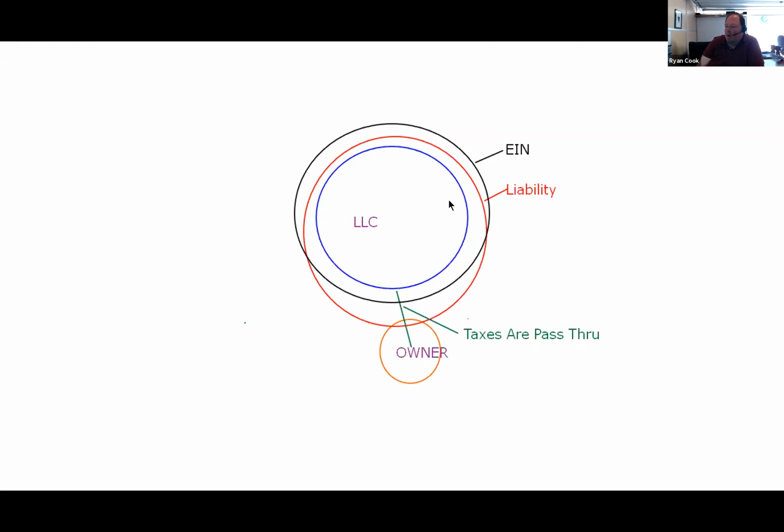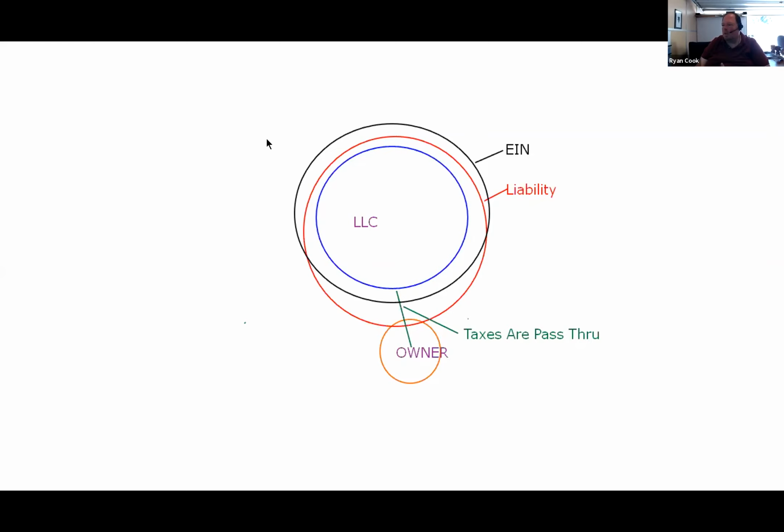My question before was if an LLC can be owned by one person. Yes. If the owner gets an EIN for it, it became a corporation. Yep, that's what he's doing. He's basically giving it its own number, so he gets all the benefits of the sole proprietorship now, but he is kind of shielding himself. The taxes pass through, but there's a little bit of liability that hits him, but most of it falls here within that EIN number.